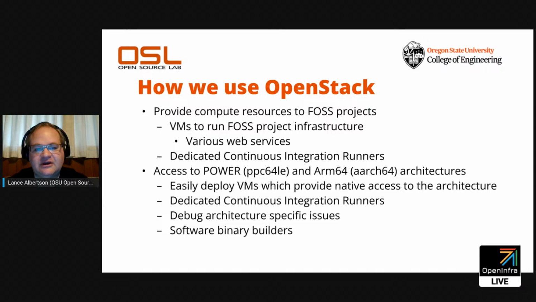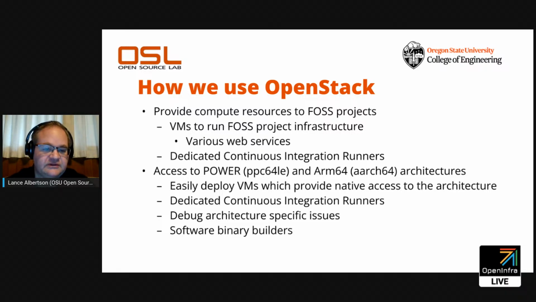Before we even got into OpenStack, we used, and we still use today, another project called Ganeti to manage a lot of VMs. We use that more for our pet VMs that we want to keep around. But OpenStack really provided that API-driven approach that we needed. So that's why we've been using OpenStack. I think we started using OpenStack in about 2013 and are still using it today. Some unique things that we do is we can use OpenStack to provide easy access to the Power architecture and ARM64.